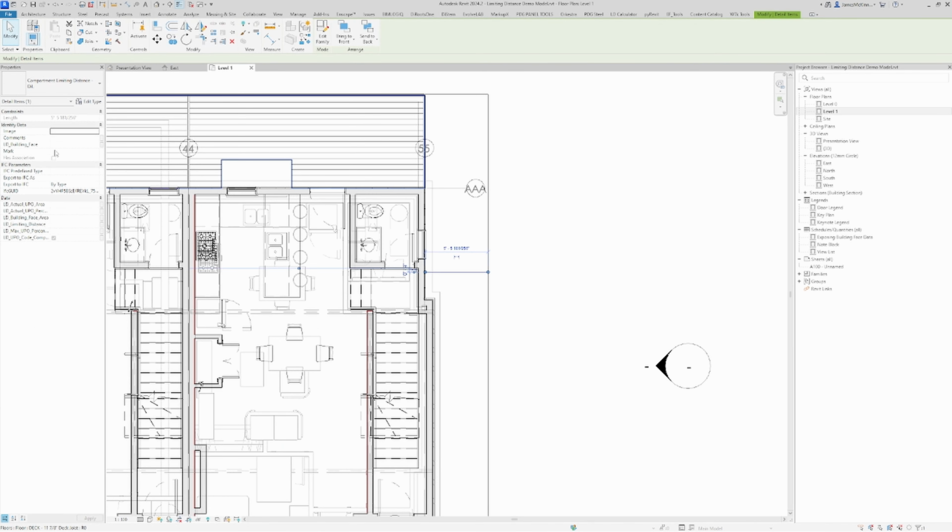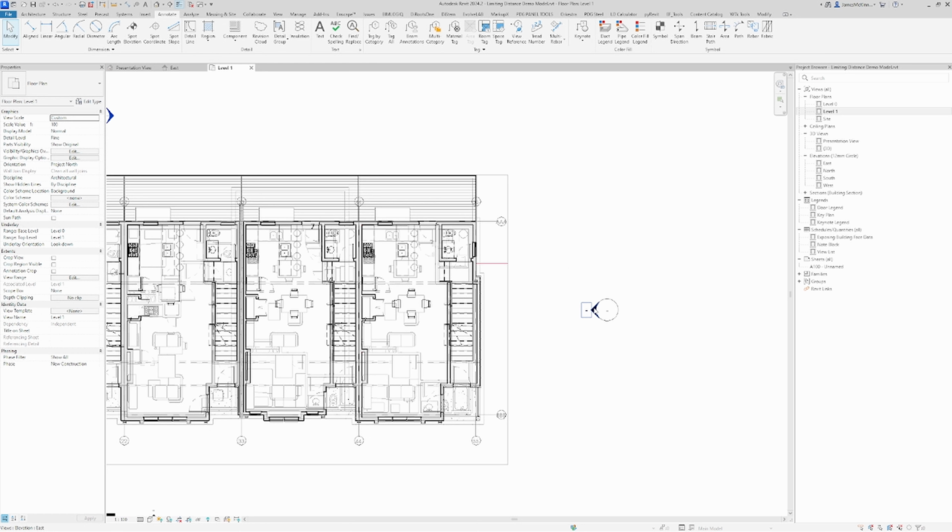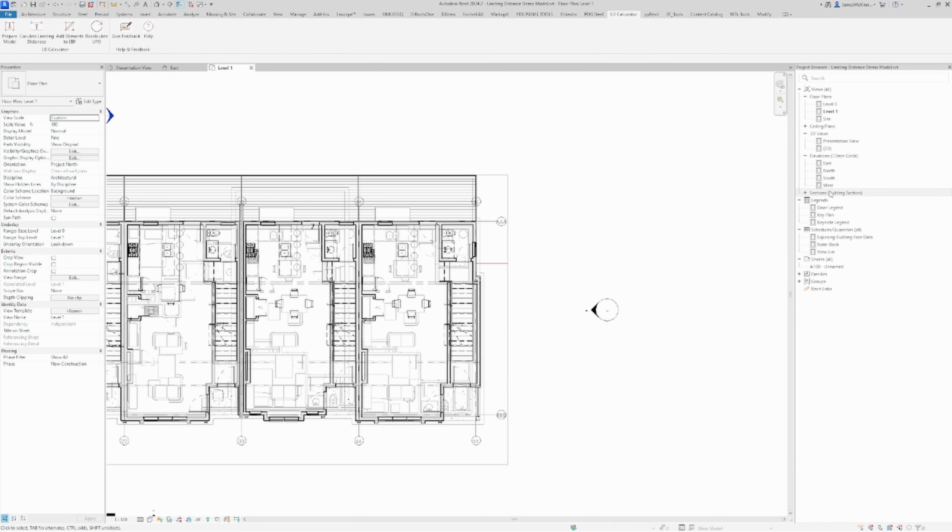Once we've placed that, we're going to go and name this building face with the east building face because it matches the east building face that we created in elevation. Now that these 2 components are set up, we're ready to move on to our next step. Now we move on to the core functionality, calculating limiting distance. We're going to run the calculating limiting distances command, and we're greeted by this pop-up window that allows us to